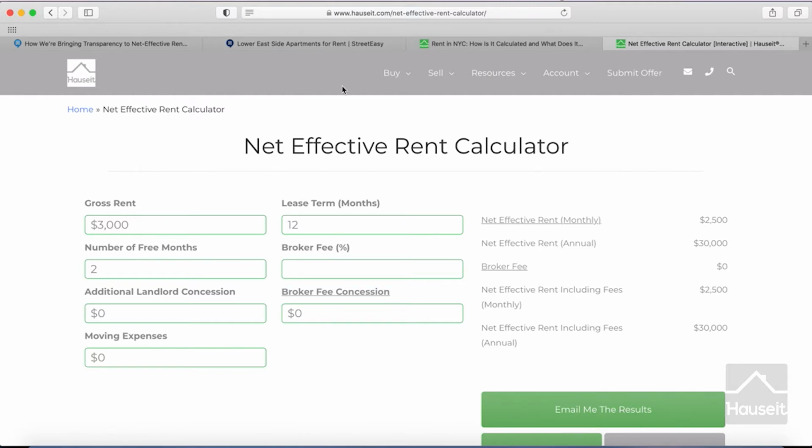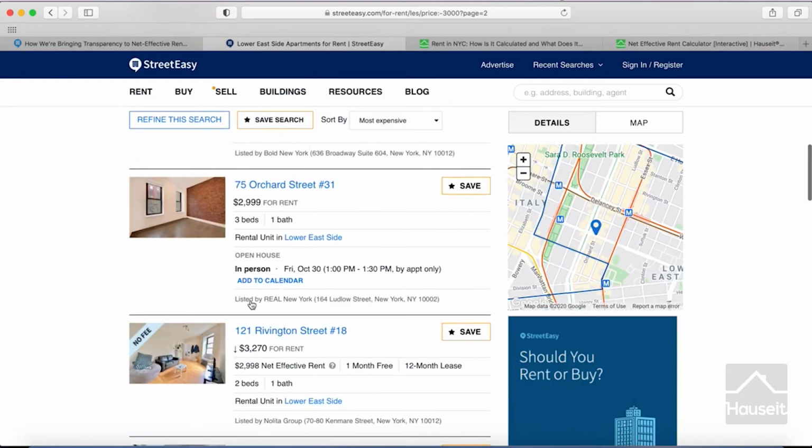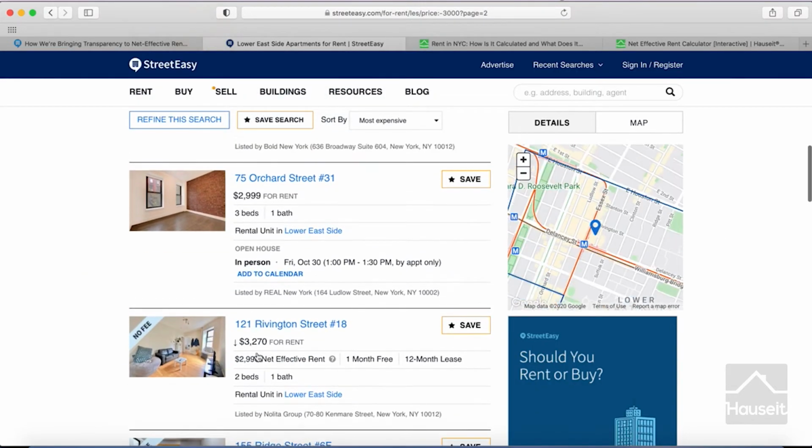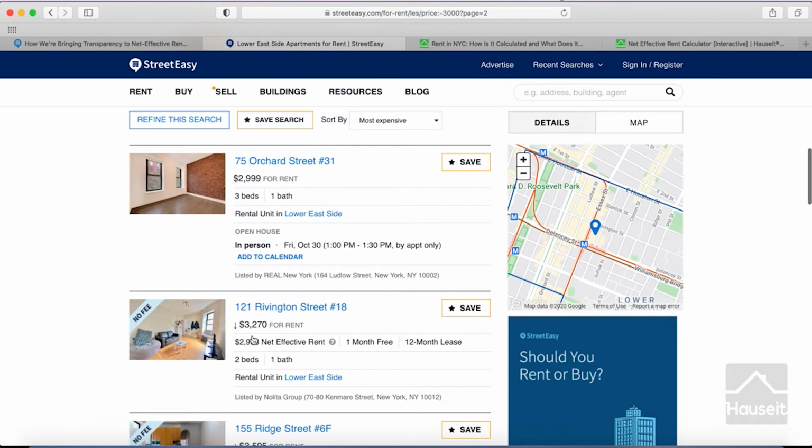Now, this is problematic for a few reasons. When you're searching for rental listings, so for example, in this case, the rent on the listing would say $2,998, and it wouldn't reference the gross rent anywhere. A lot of people did not like this. The reason being is it's important to understand the actual rent you might be paying each month as it relates to cash flow. So as we mentioned, the net effective rent is not a rent you'll actually pay in many cases.